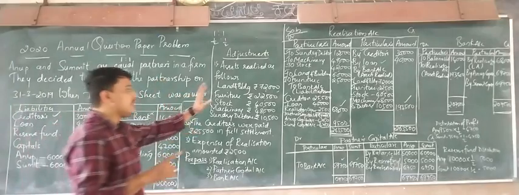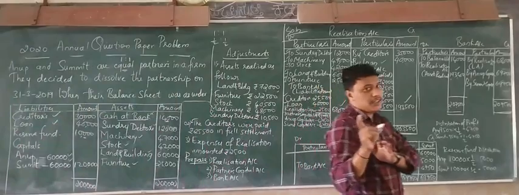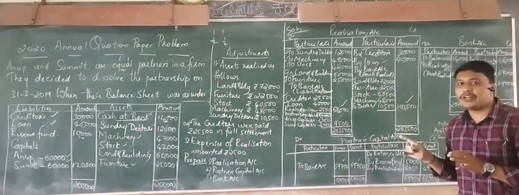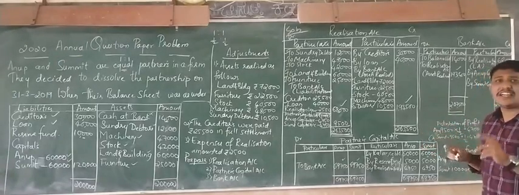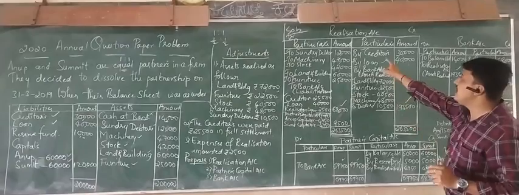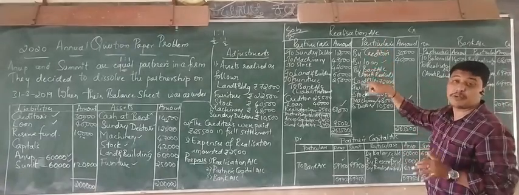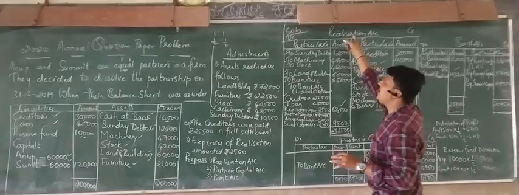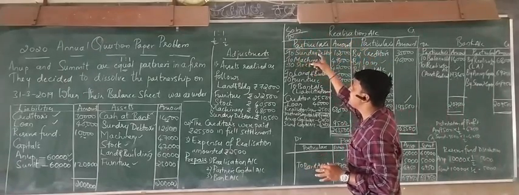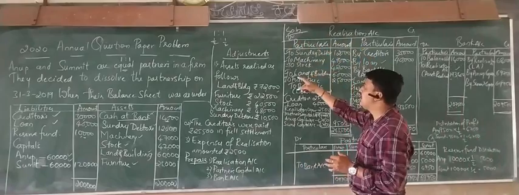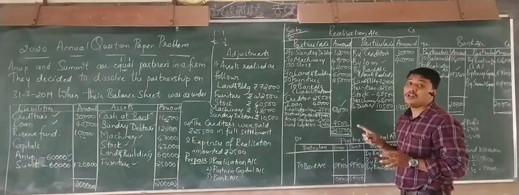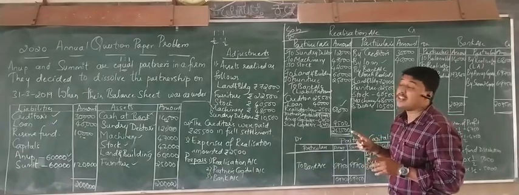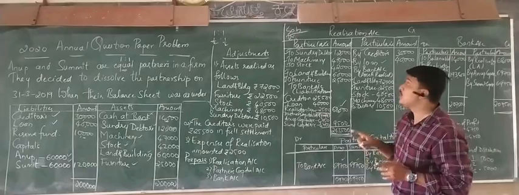You just need to know the journal entries. That is also important here, because they will ask you for 2 marks. Journal entries, we just see here. So how to frame the journal entries in this particular aspect? Realization account debited to sundry debtors account, to machinery account, to stock account, to land and building, to furniture. If they told you to write the journal entry regarding the liabilities assumed, you just need to write